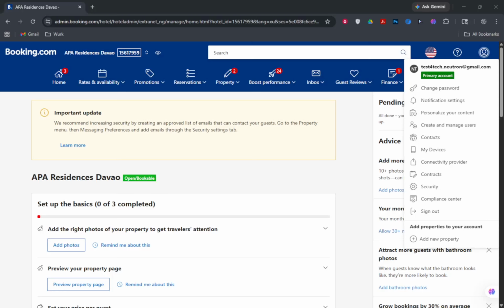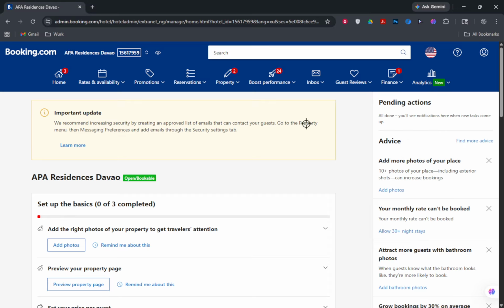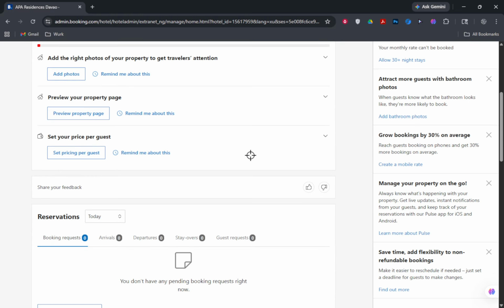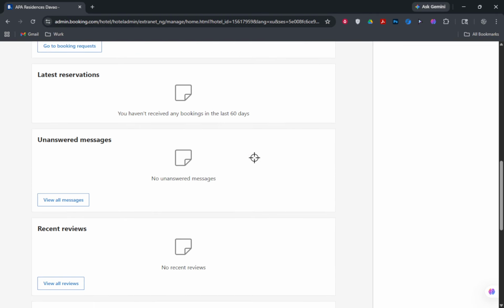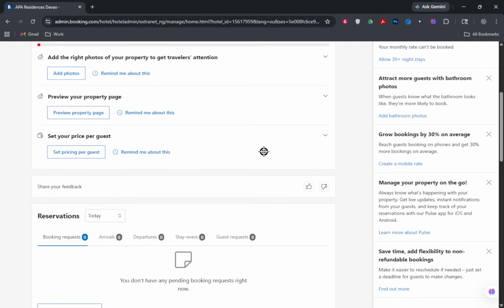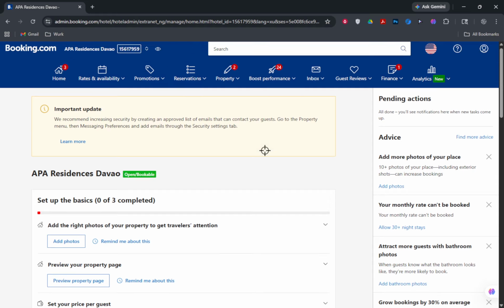In today's video, I'm going to teach you how to change password on Booking.com. Whether you're on the app or the website, I'll walk you through the fastest way if you're already signed in and what to do if you can't remember your password. I'll also share a few helpful pointers so everything goes smoothly.